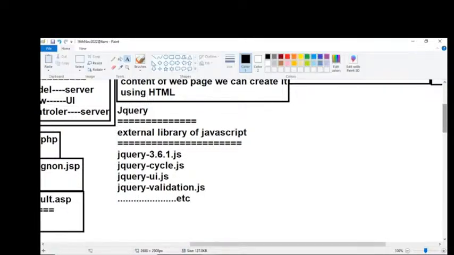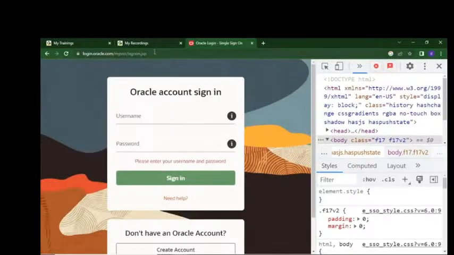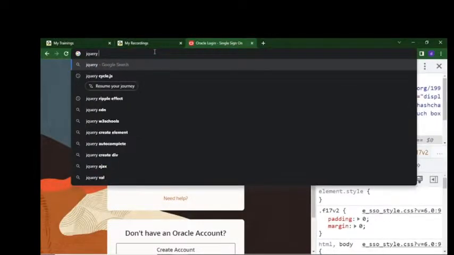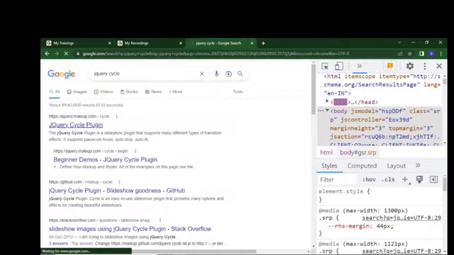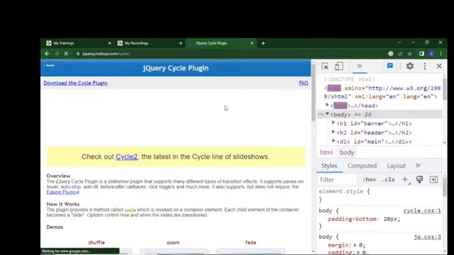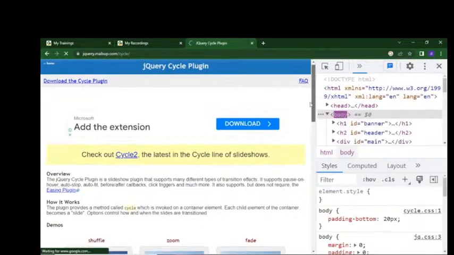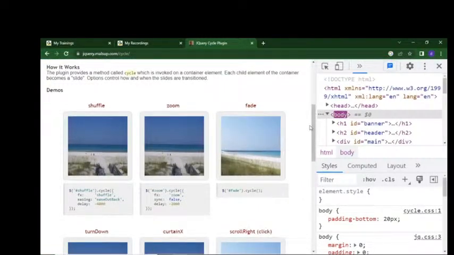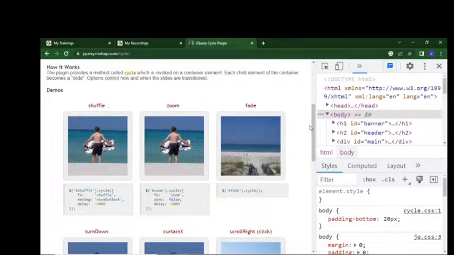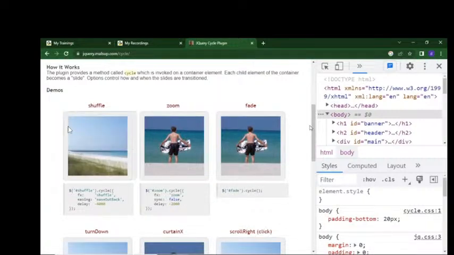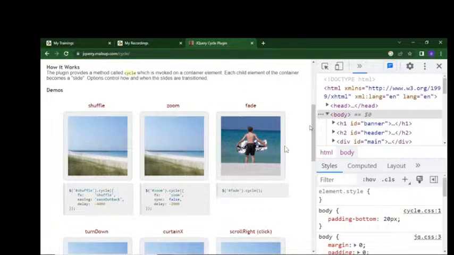Here, when I download these files, how will the output come? See, jQuery cycle.js. I'm just searching for jQuery cycle. You can see in that web page all the different slideshows. This is possible by jQuery cycle.js. Otherwise, you would have to write many lines of code with JavaScript. If you download jQuery cycle.js, you can create this type of shuffling effect, zooming effect, fading effect, turn down, curtain